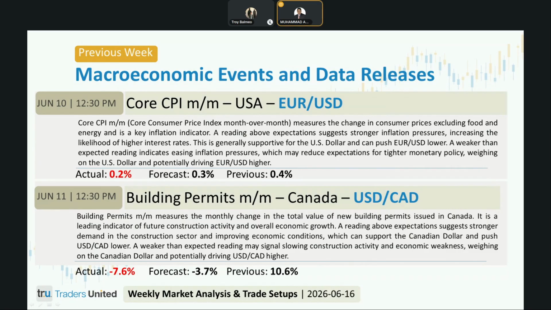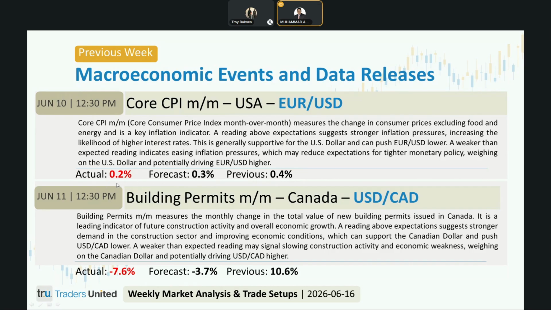As a result, the US dollar weakened and Euro USD moved higher following the news release. The financial report reinforced market expectations that inflation pressures are gradually easing, providing short term support for Euro dollar currency pair. The final key takeaway is the previous reading we got, the core CPI reading we got is 0.4%, forecast 0.3%, and the actual number we got is 0.2%.